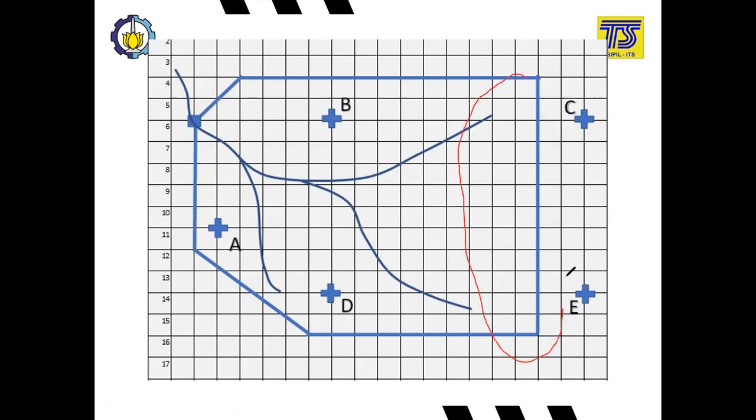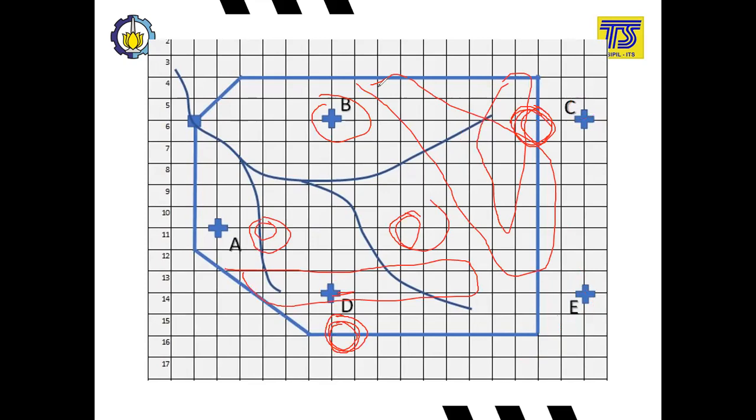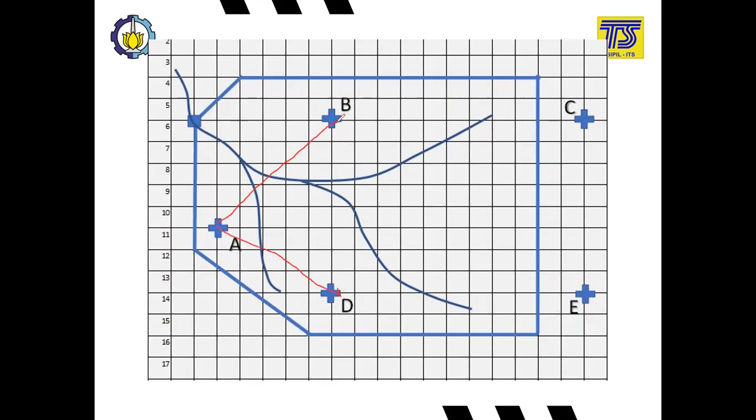So for the area right here, it's nearer to this C and E than to the B and D, which is inside the watershed. So if you want to draw it properly, you have to connect this one, and this one, and this one,